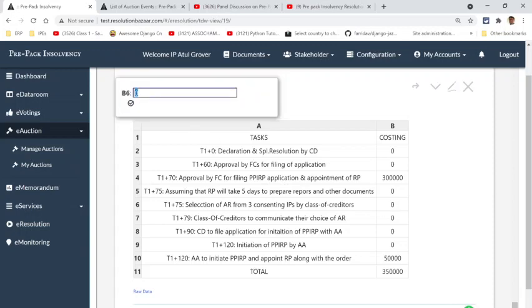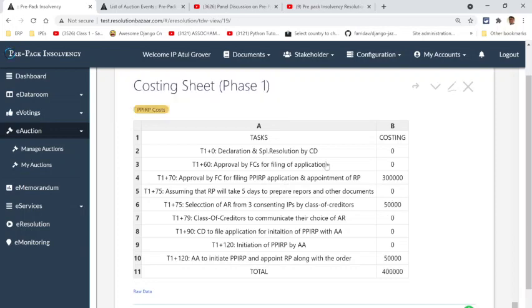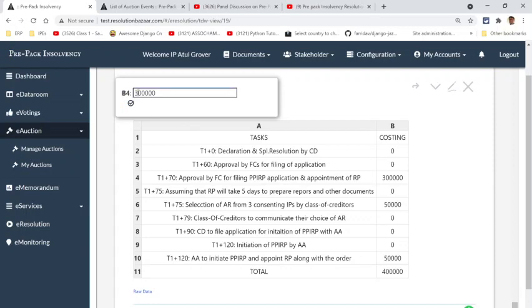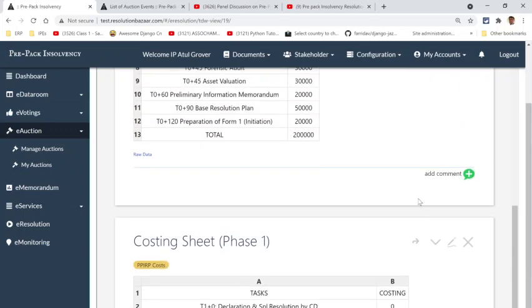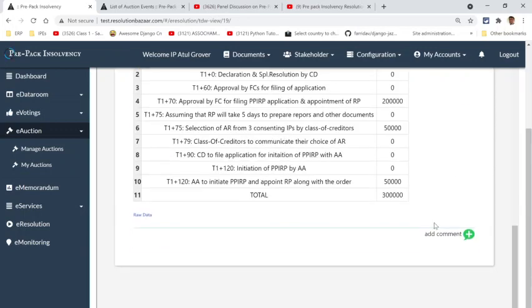AR will obviously end up getting something like, maybe 50,000 rupees over here, and the insolvency professional will charge a minimum of say 2 lakh rupees here. So this will again be 3 lakh only, except that there will be some bit of bifurcation. So we have spent 2 lakhs in the first phase, 3 lakhs in the second phase.